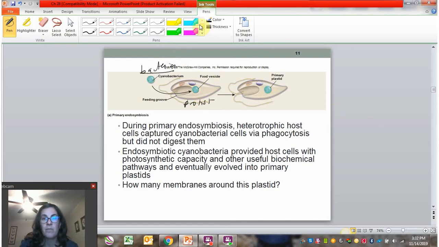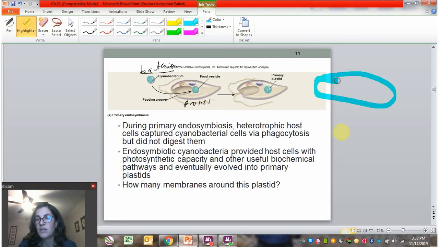To show you what I mean, let me use another color here. So this is going to be my protist, and my bacteria is going to be this little green cell. So when the bacteria is taken inside of the protist, it has to wrap the bacteria in